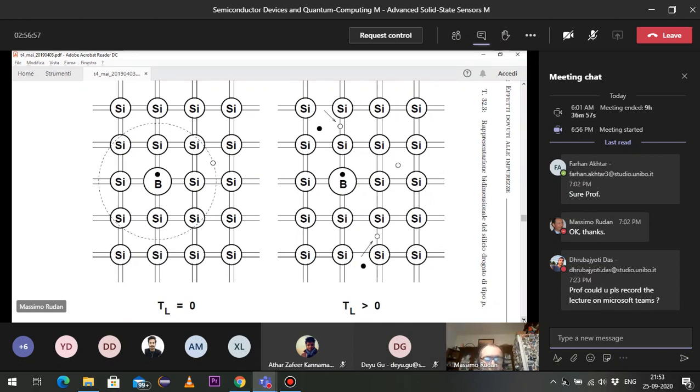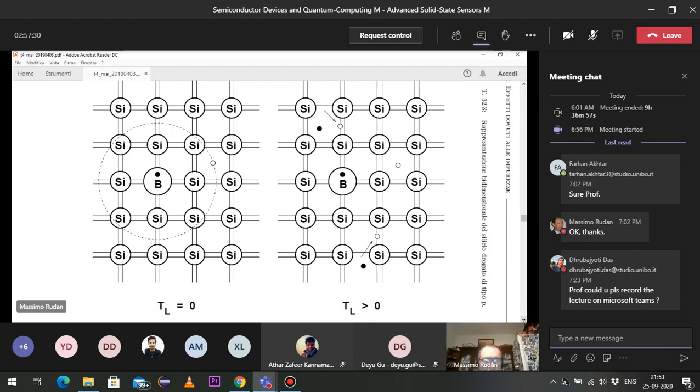Boron belongs to the third column. So the situation is formally dual with respect to that of phosphorus. It looks more complicated in a diagram based on a space description like this. We should better use quantum mechanics, but in these few minutes, we shall use just the dual